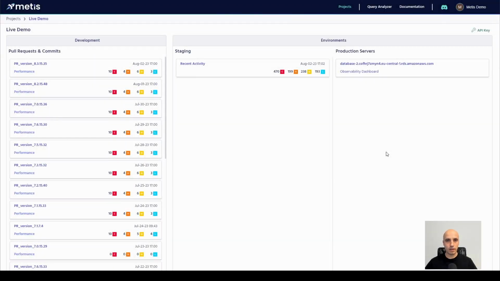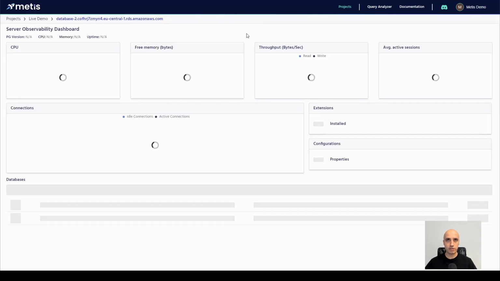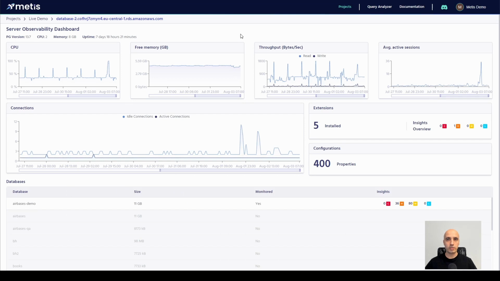Metis Metadata Collector, MMC for short, is a component that gives you observability of all the databases you have. You enter the MMC from your main project page using the right column where you have all your database servers listed. When you click on the database server, what you get is the observability dashboard of the server that shows